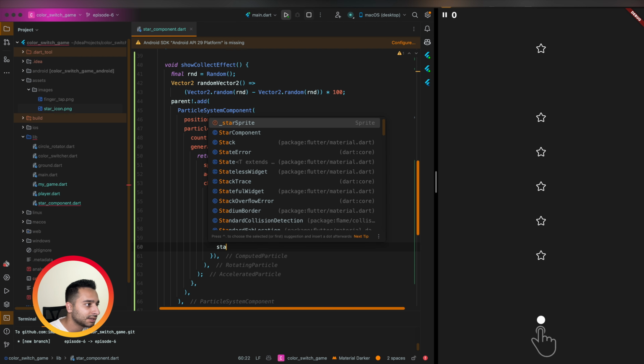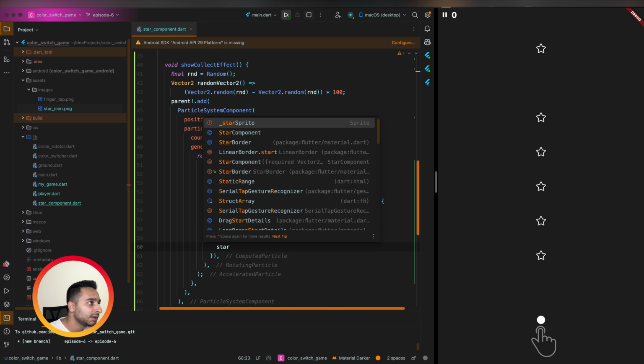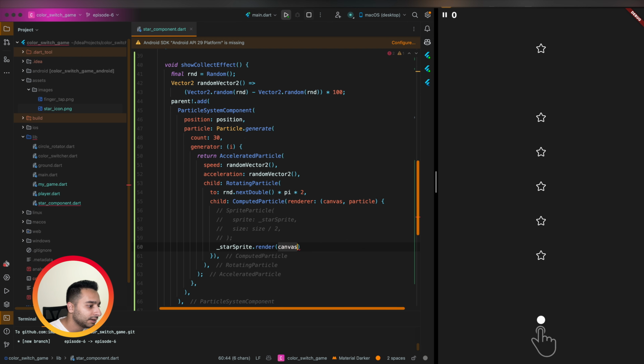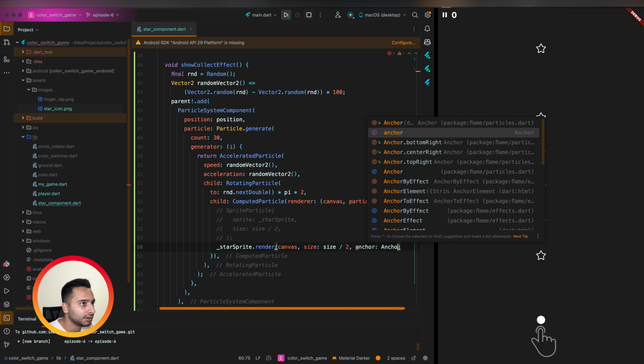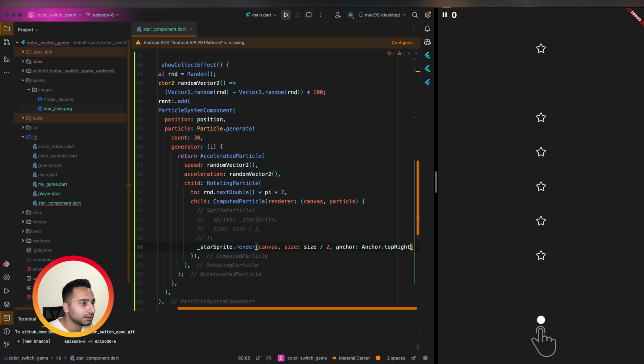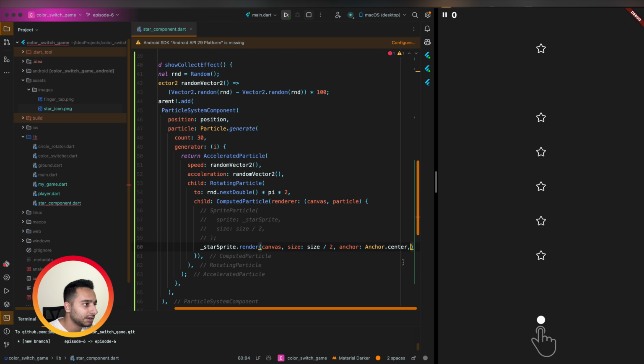We can say a star particle dot render on canvas, and we can say size is this one. We can define the anchor, maybe anchor dot center,